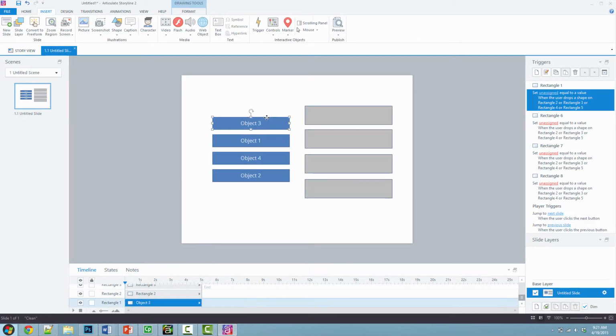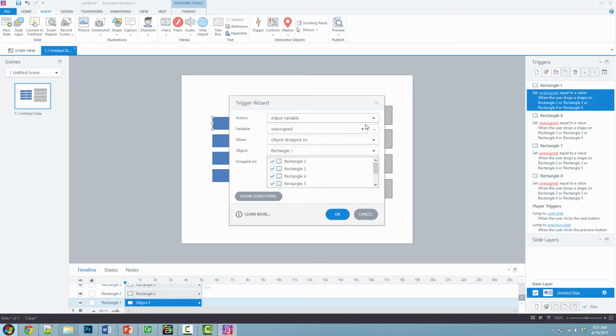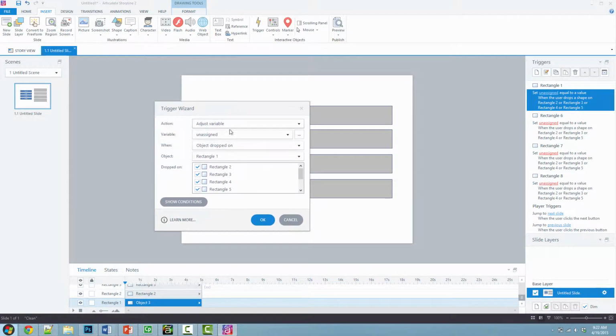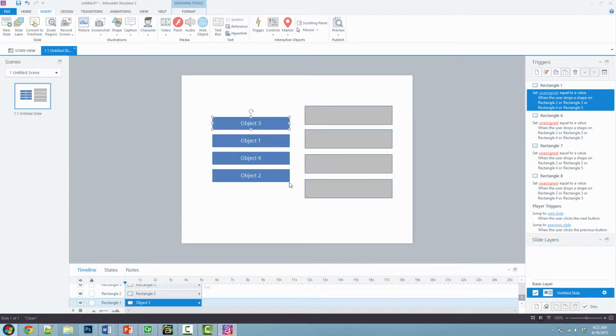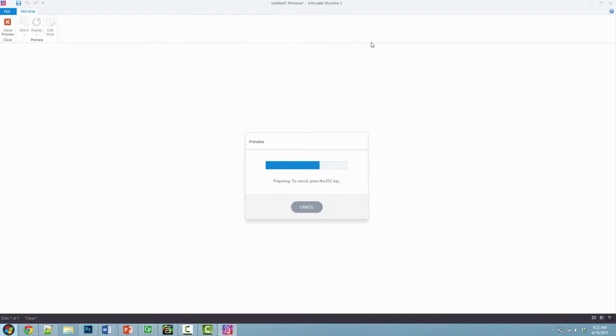So you can create a drag and drop very easily by selecting an object and creating a trigger, but the key is to set this to object dropped on, and I've selected the 4 boxes here. Just due to me setting this to object dropped on, Storyline will make this object draggable. So I can now click and drag and drop. All these objects have the same code on them. I'm going to run this preview,